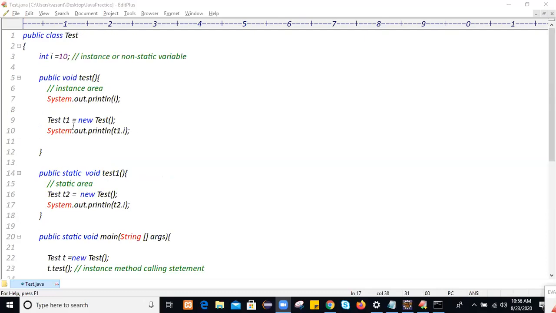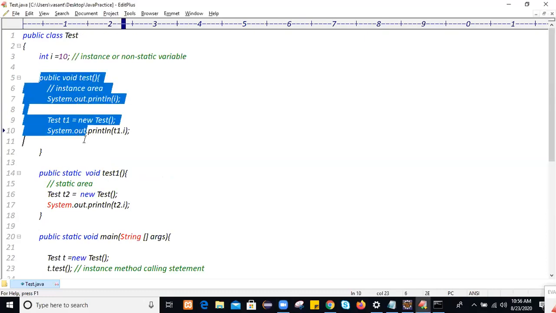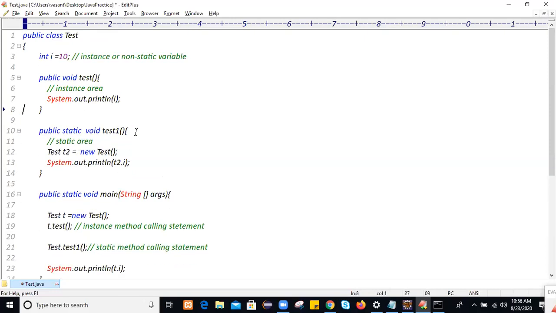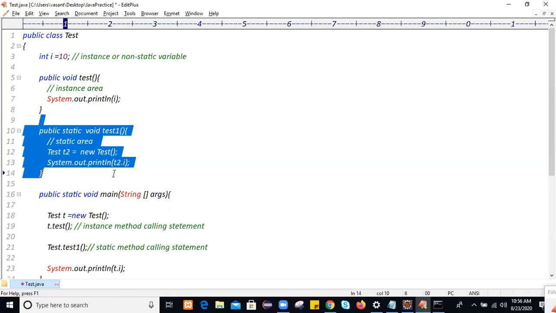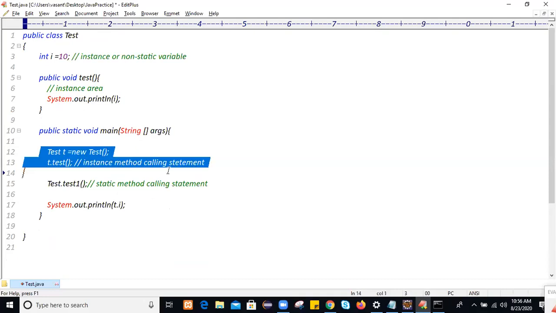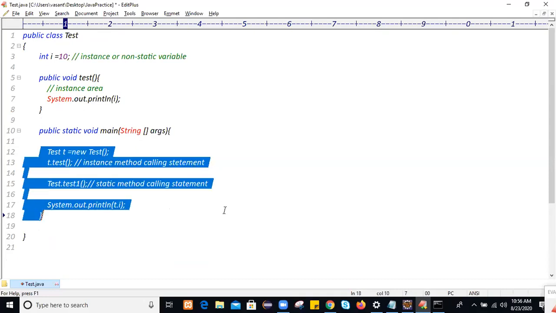Next example we'll take. This is the instance area. We can access instance variables in the instance area directly without object creation, not an issue. The main method is also a static area. If you don't create an object,